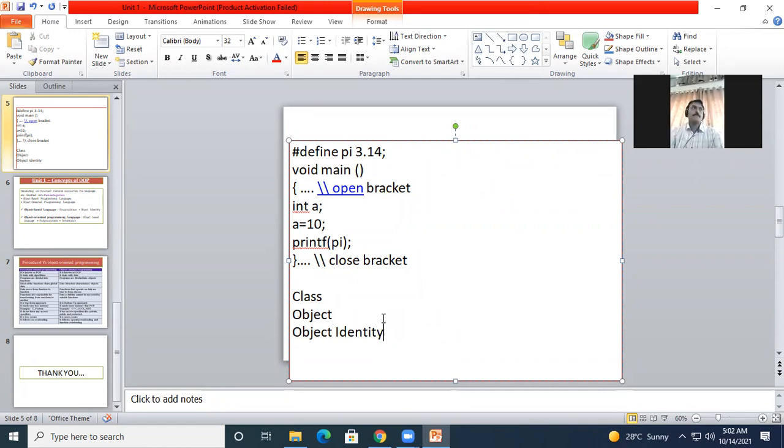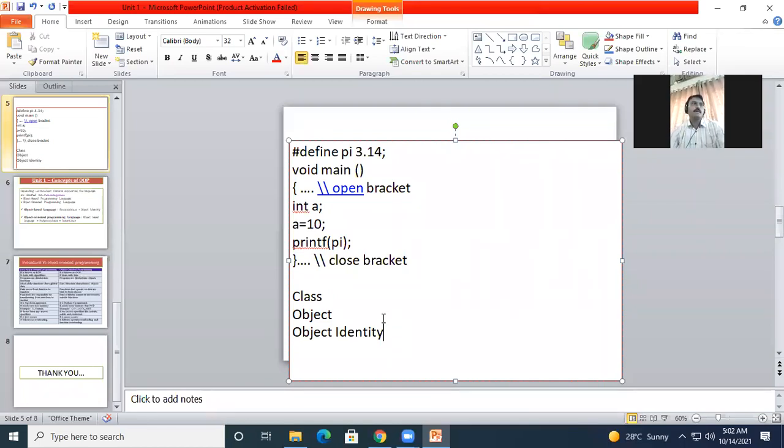Now what is object identity? See, the identity which gives the unique name. Identity in a general way, what we call it as identity, that means which has some uniqueness. Now here what we are looking for, object identity. Now how the objects are unique in their way.